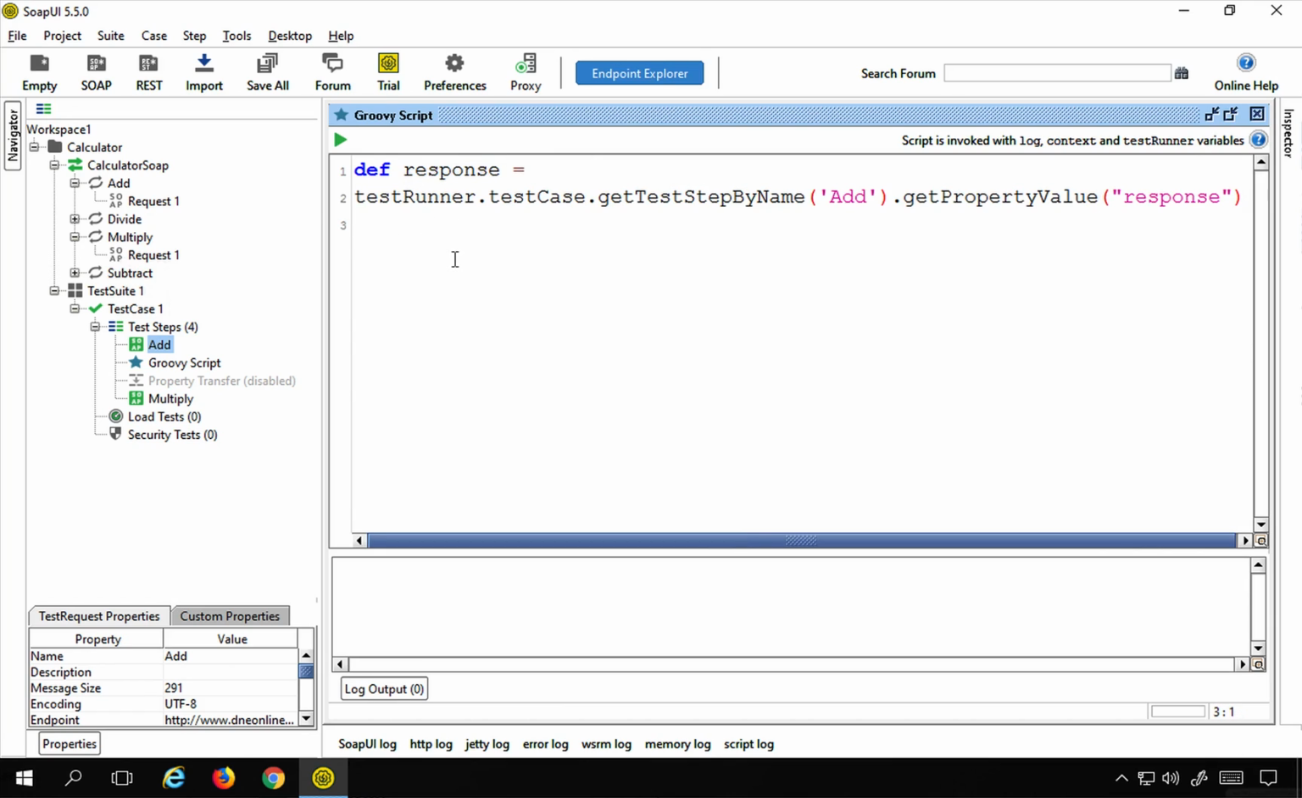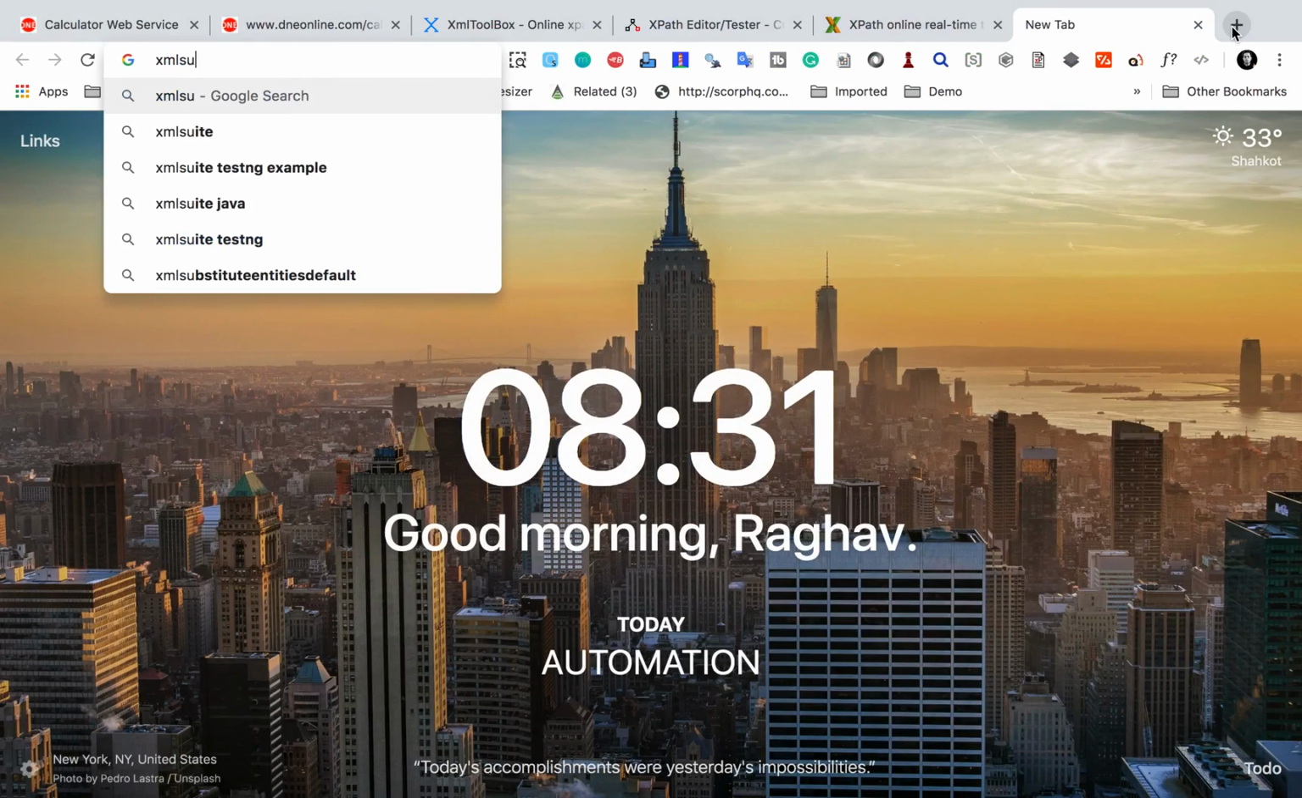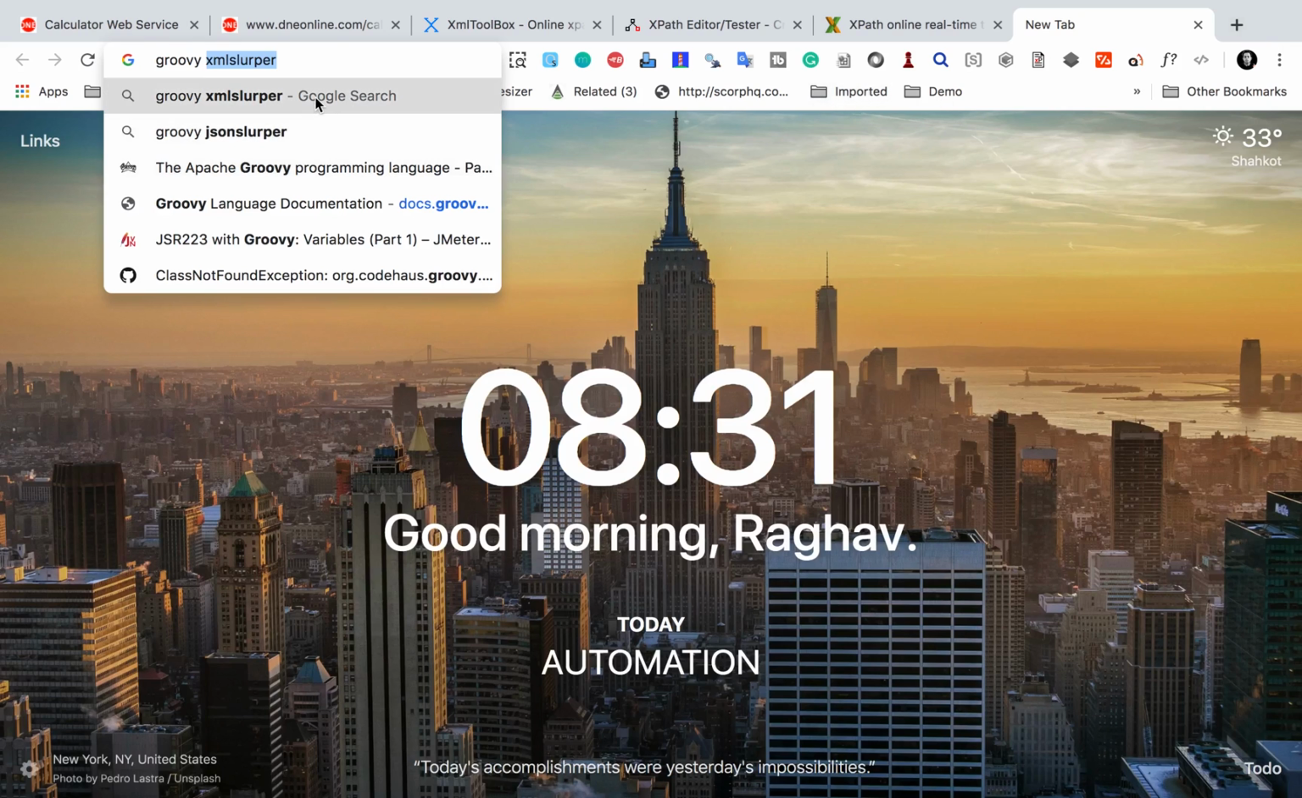Alright, now the next thing is we will use an XmlSlurper, that is a class in Groovy that is used to get and parse XML responses or XML messages. We have already seen JSON Slurper in the earlier session, so this time we are going to use XML Slurper from Groovy. So if I go to Google and search for Groovy XML Slurper,